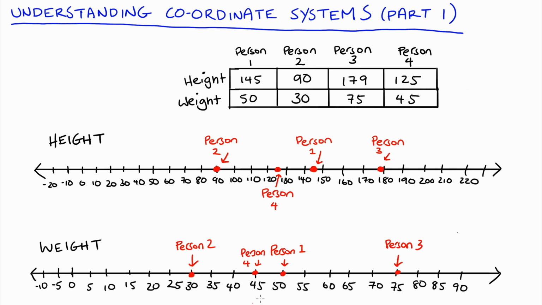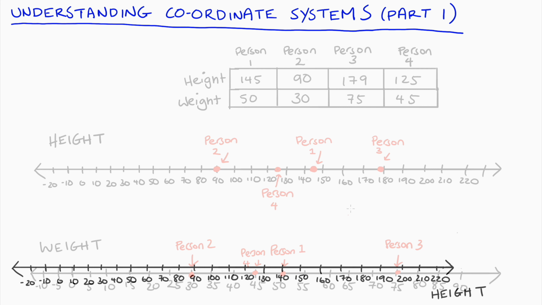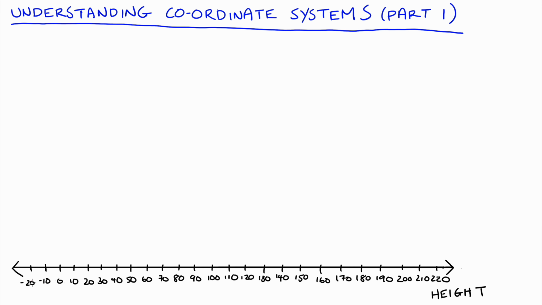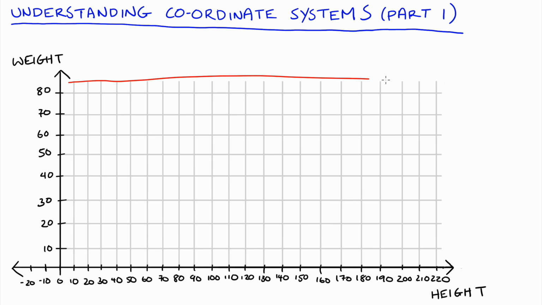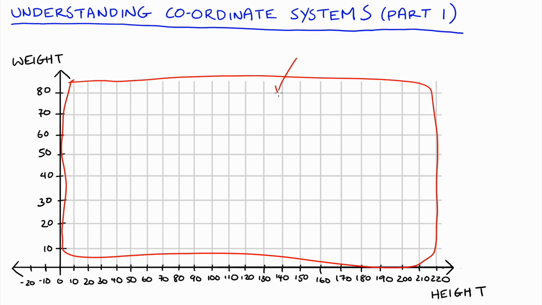Now, let's imagine that I put one of our number lines flat down like I have been doing, so we can make that height. And one line I'm going to flip up vertically like this. That will be weight. And the positioning of our number lines in this way allows us to define a new space. I'll put in a grid to show you. This is called a plane,